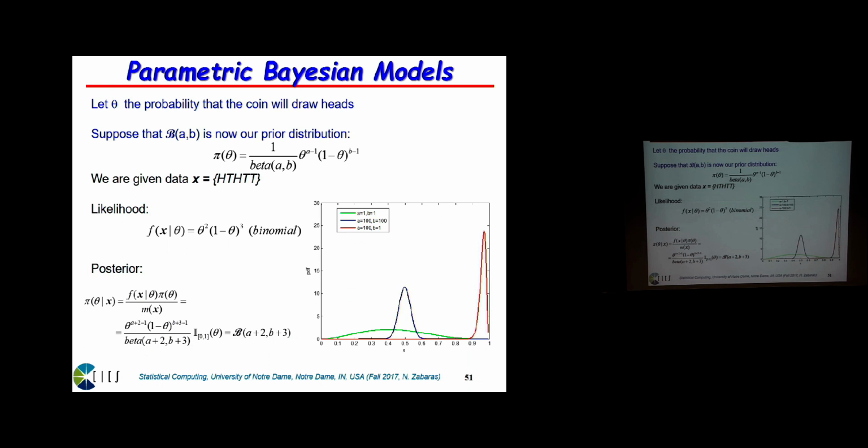Okay, it's basically the same example. Now the only difference from the previous example is my prior for theta is not a uniform, but is a beta distribution, okay? And again, you have to recognize that the posterior comes out to be a beta distribution